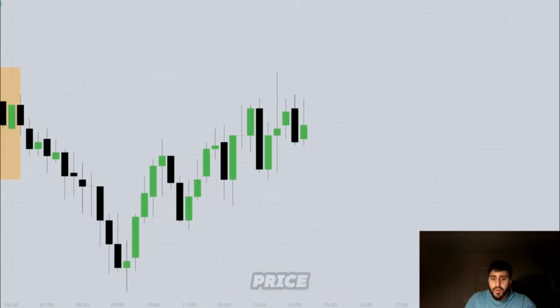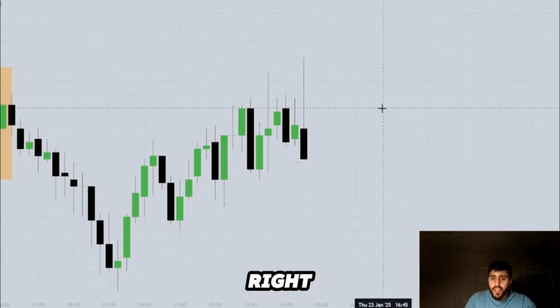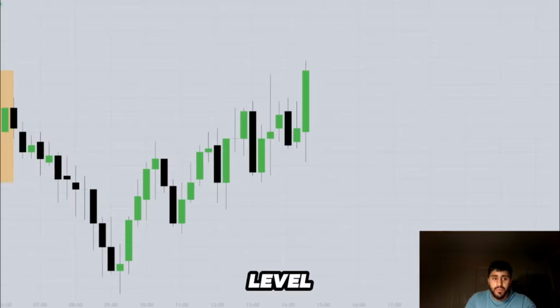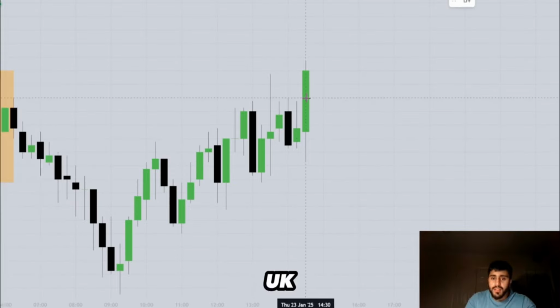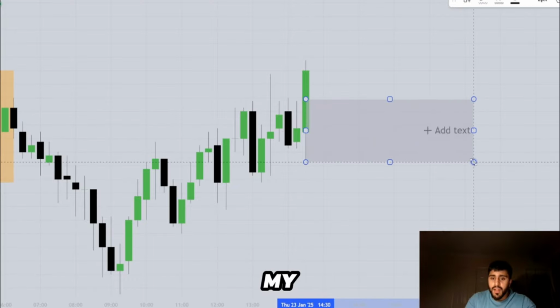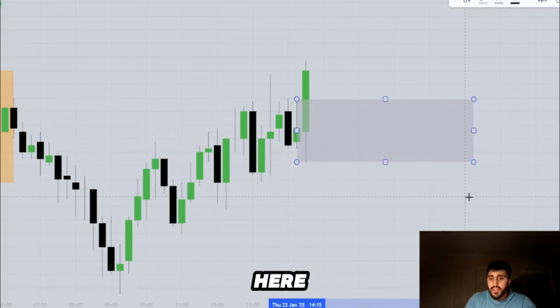If I continue to play price on and see what we had in New York session, New York session gave us this level. So this is my key level. Market open 9:30 Eastern or 2:30 p.m. UK time. This was essentially my level, right? So we had a level over here. So this is basically